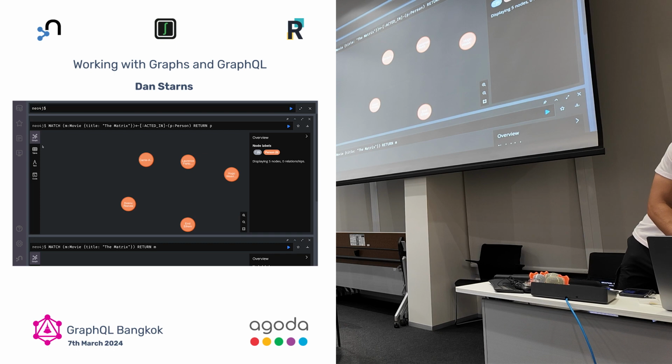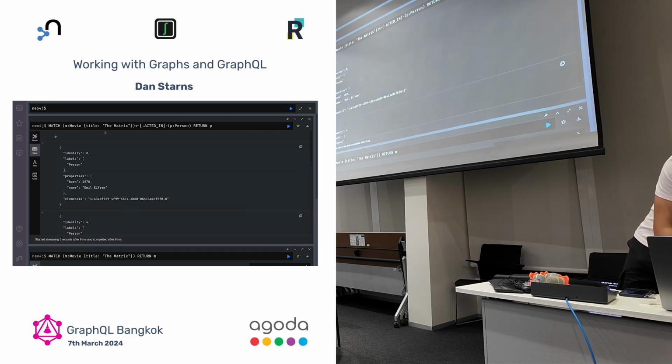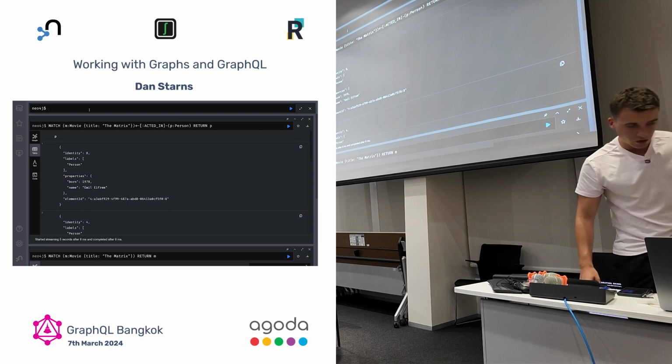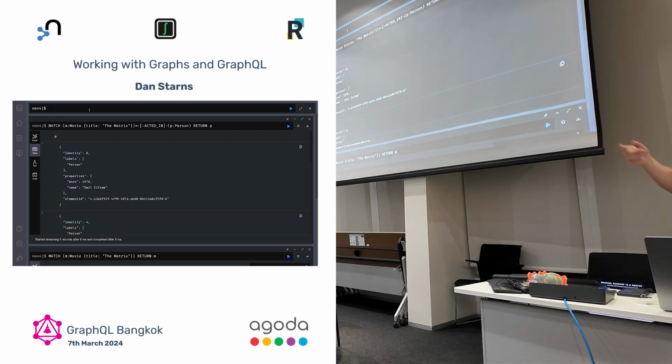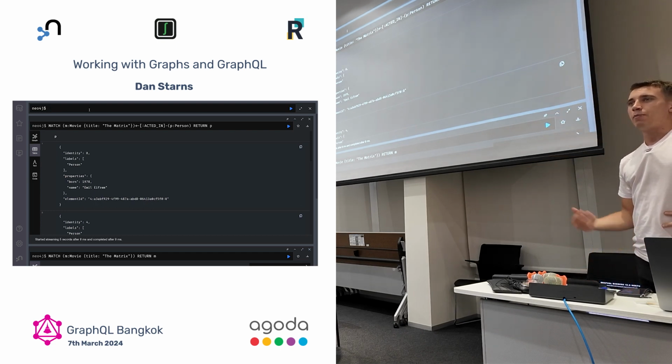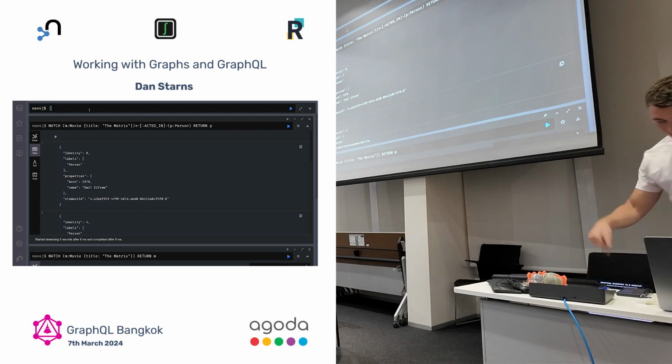There's a table view as well, right? Yeah, there's a table view. So you can query nodes and just get like the whole node object back, but you can also project like a JSON structure back like this as well. So it's very easy if you want to map it. Yeah. Anyway, I'll keep on going.